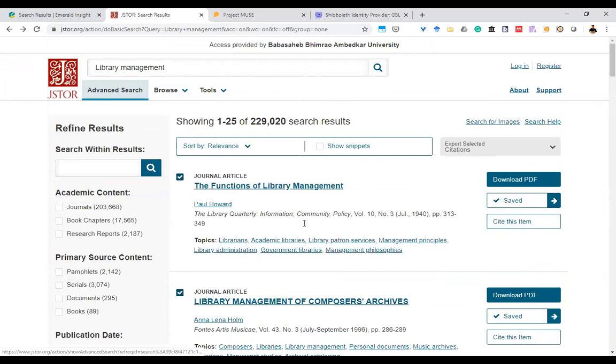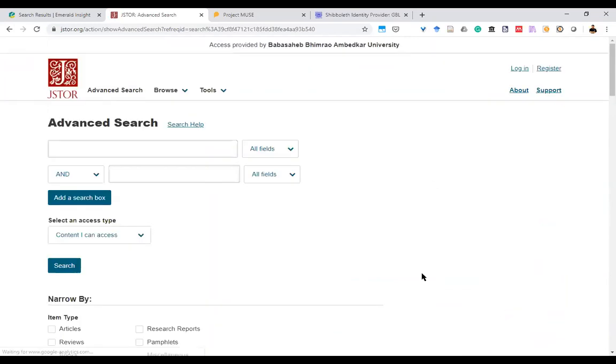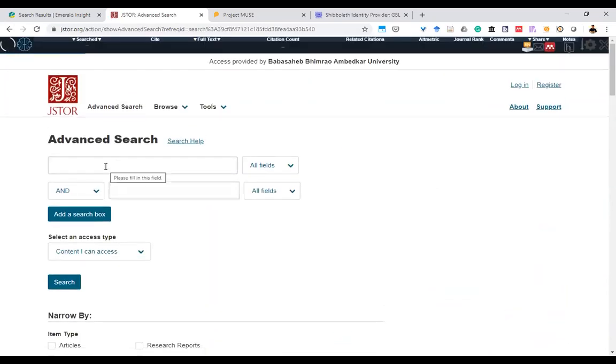Now coming to the advanced search button. In the advanced search it is very similar, only one thing that is important is AND, OR, NOT, plus NEAR, NEAR 5, NEAR 10, NEAR 25. So what do you mean by NEAR 5? If you remember my search technique classes, in that we had discussed the proximity search. So in the proximity search you have NEAR 5, NEAR 10, meaning there are two terms.